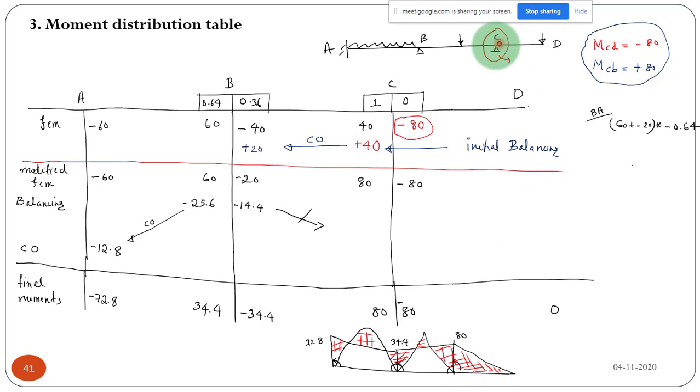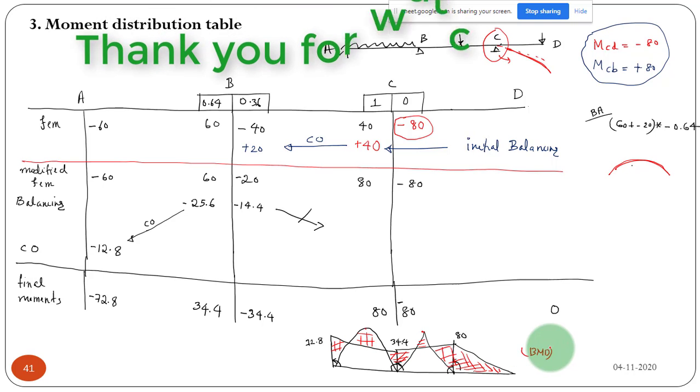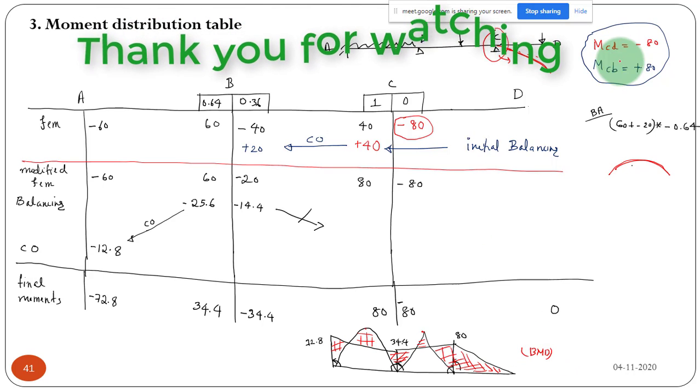This part of the beam may deflect like this. What is this shape? I can draw it like this. If you look at this part of the beam, if you are applying a point load at the free end, this part may bend. This will be the curvature. So what is this? That is sagging moment. Like this is the curvature, sagging. So this will be all sagging. That is why this entire moment will be negative moment. So we can work out all these values, and this is your final bending moment diagram. So that is the end of this question.